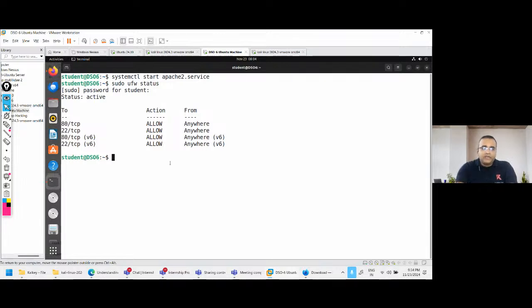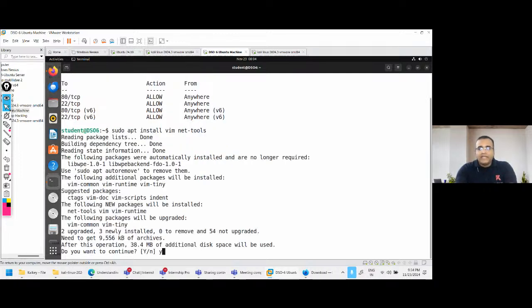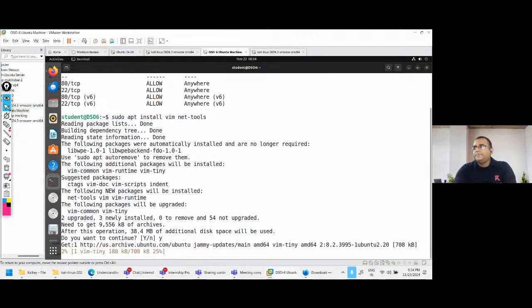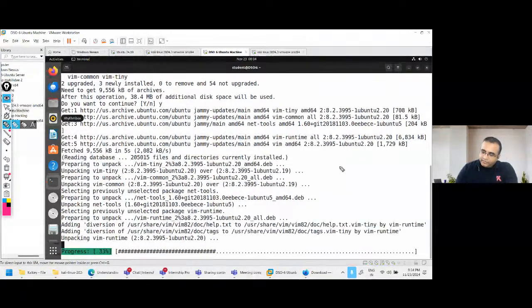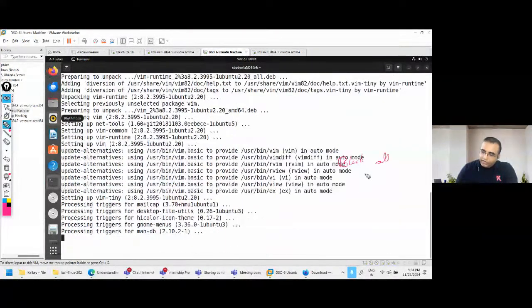I can try to install with sudo apt install, using tools like Vim and Net Tools. This is getting installed. Why is this internet connection allowed? Don't you think it should block all? It should only allow port number 80 on this machine. I should not be able to reach other things out there. Why is this? This behavior we're talking about is called